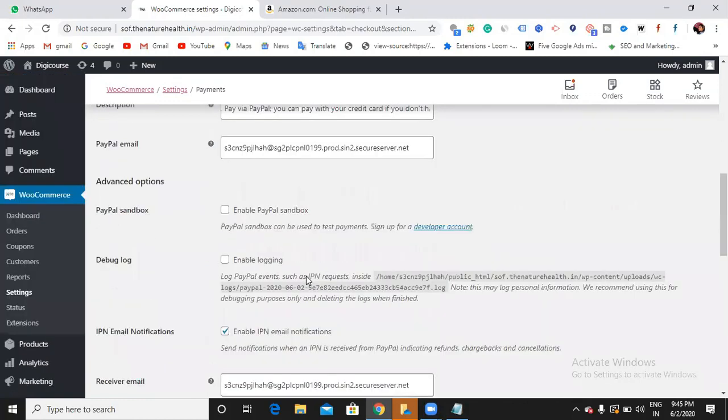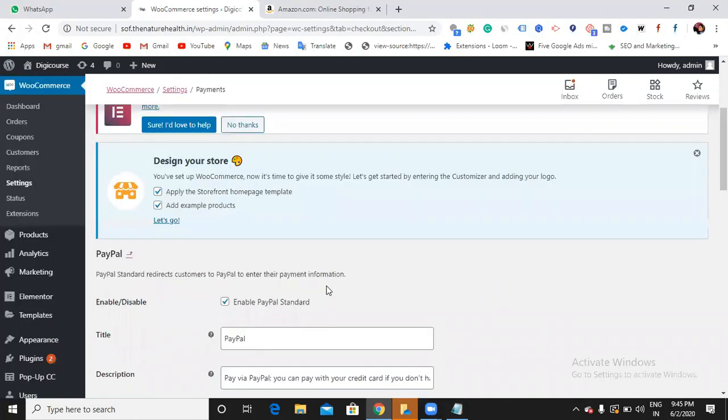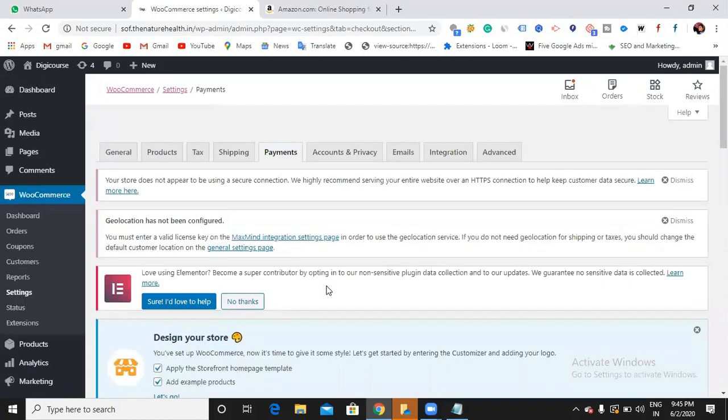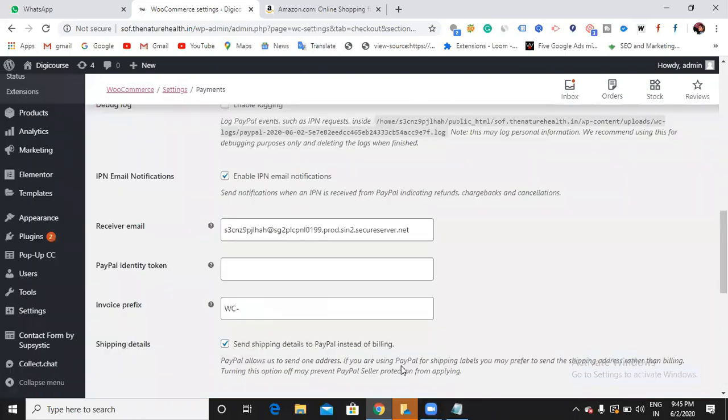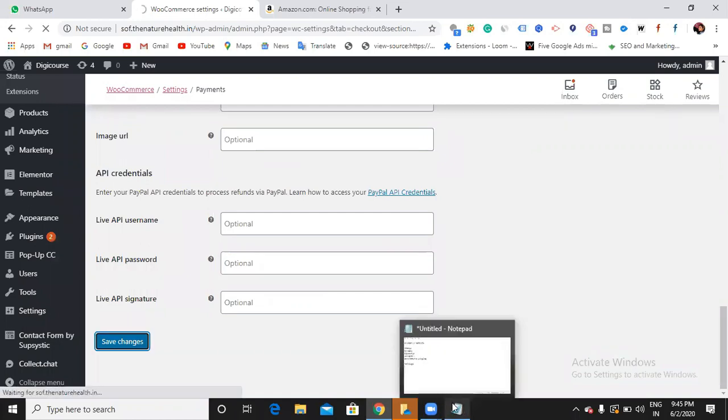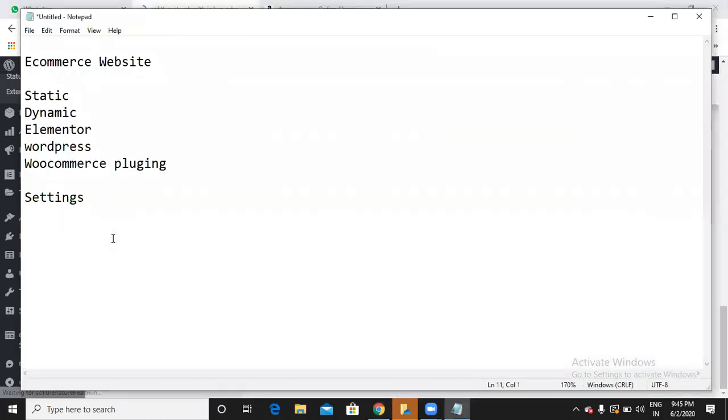So here, as of now, we don't have a PayPal account. I'm just leaving this. It is easy to get into this PayPal account. If you don't get it, tomorrow let me explain with Prabhu's PayPal. Okay, so this is fine anyhow. I'm just saving it. Right. That's enough. We just chose some shipping zones, shipping classes, all the things necessary for creating a WooCommerce store. I'm done with that.